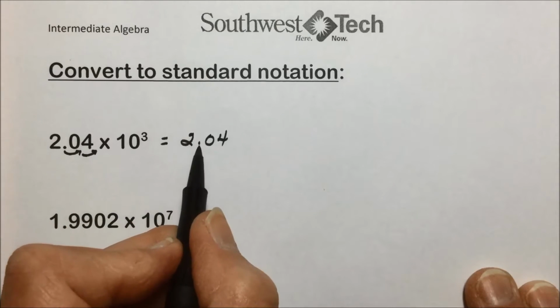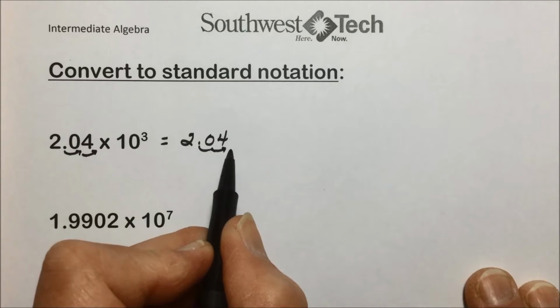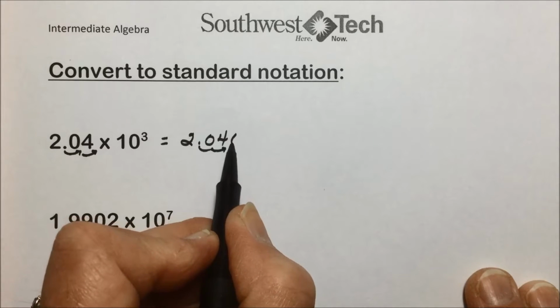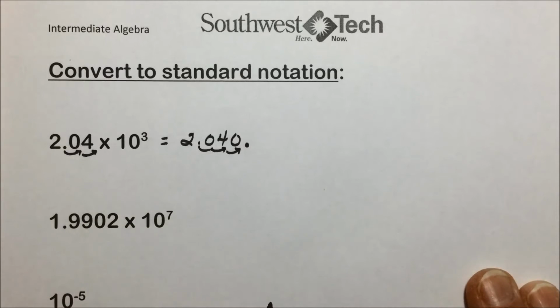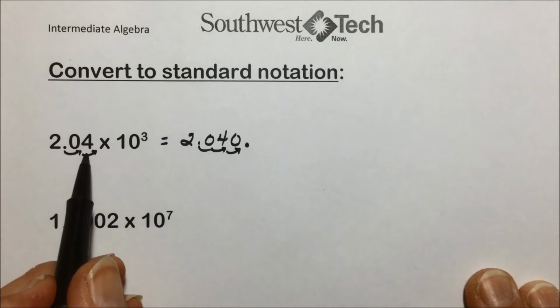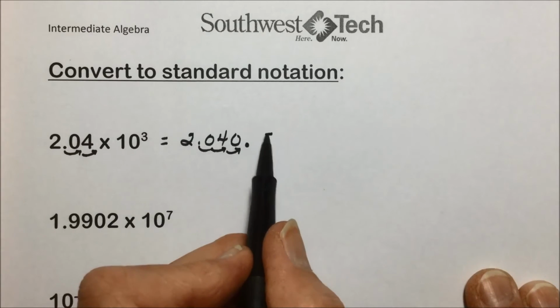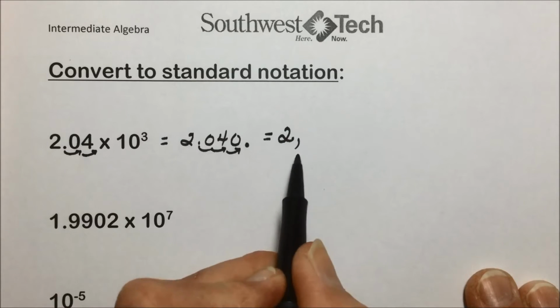So if I move it over 1, 2, I need to move it over 1 more. I'll need to put a placeholder to move it over that third decimal place. So an equivalence of 2.04 times 10 to the third would be the following number,